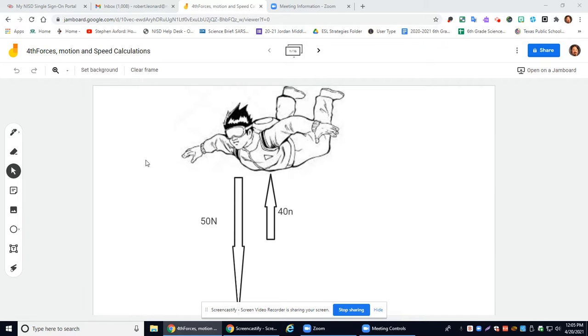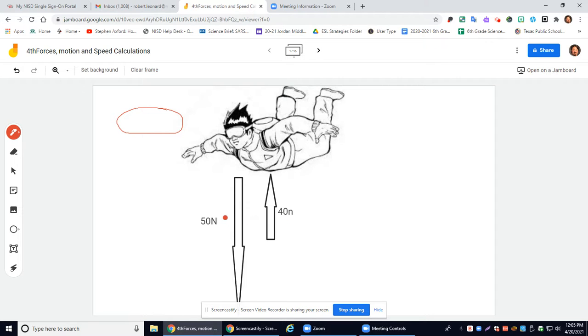All right, so everybody should have their science spiral out. Let's go ahead and draw this picture. This is what's called a free body diagram. When you draw the picture, you do not need to draw it exactly as you see it. For example, the skydiver, you can just draw him as a circle. Okay, so let's go ahead and draw this guy. Instead of drawing a skydiver, just draw a circle for the skydiver and draw these arrows